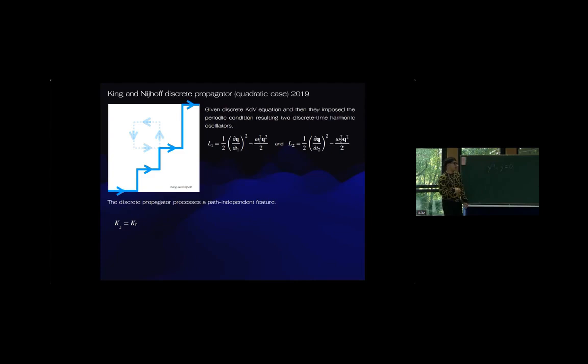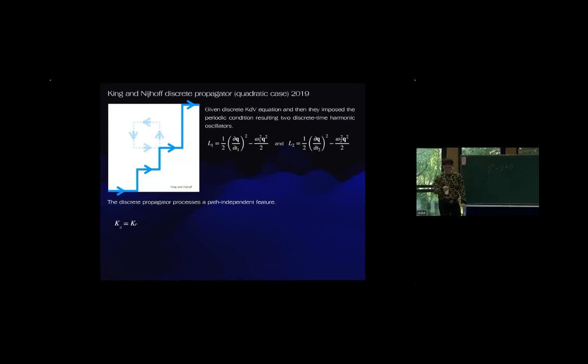And then they can show that with the discrete propagator that they got here, they possess the path independent feature, which they call this feature like the top of thing on the standard variational principle. They call it the quantum version of the variational principle. Okay, and from this work, what we did try to do is to extend the idea to the